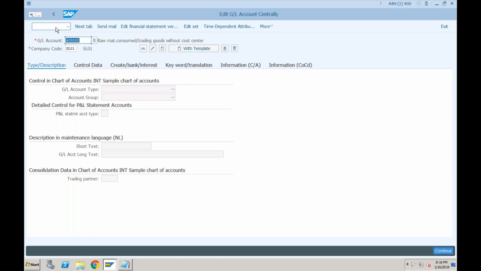But if I want to create a cost element, we were using this transaction KA01. If I press enter, it is also going to take you to the same transaction, that is FS00. Even if I go for KA01 and press enter, it will take me to FS00, because KA01, which was related to creation of cost element, is not available separately. Okay, it has been merged with FS00.